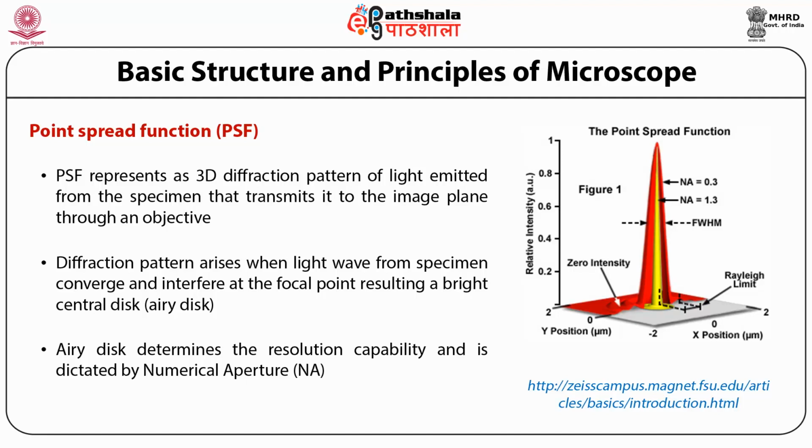The yellow line between represents the Airy disk, which means there's the point of origin where the maximum signal is, and then there is a Rayleigh limit. That means from the midpoint of the Airy disk to the outer ring through which the signal is still emanating. So in a nutshell, or in simpler language, PSF represents the diffraction that is observed